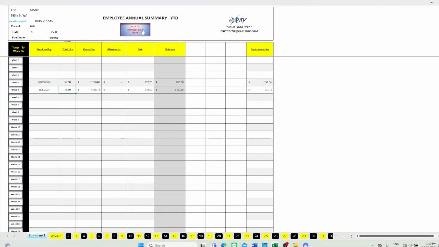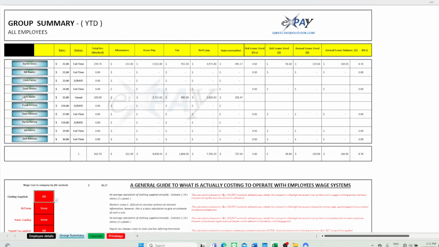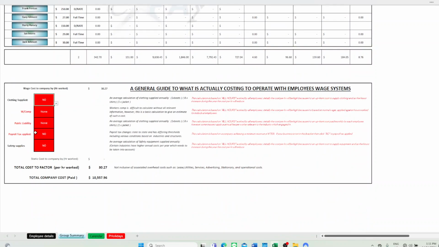So we can go back to here now, and we can go to the summary, and you'll see he's casual here, and you'll see that the sick leave and annual leave are not there because they're not applied to a casual, but he still receives the superannuation. That's basically it. Below here is just a general guide to sort of, if you want to have a play with